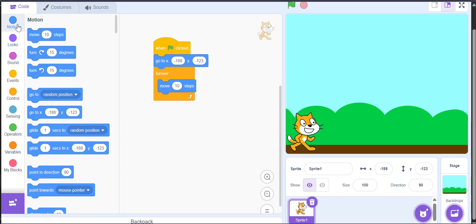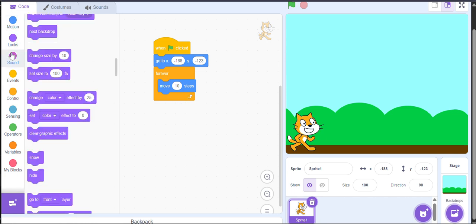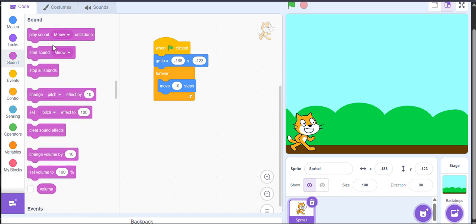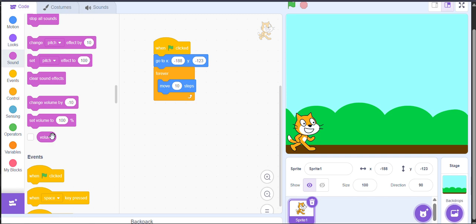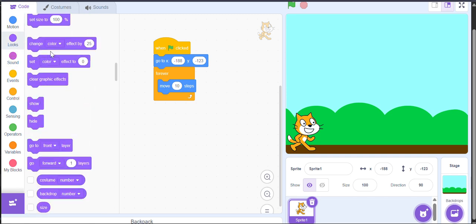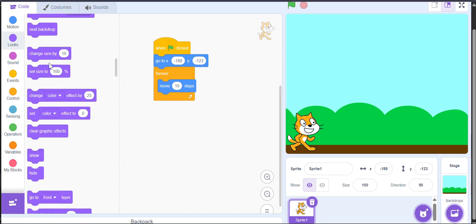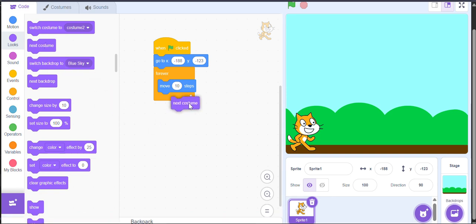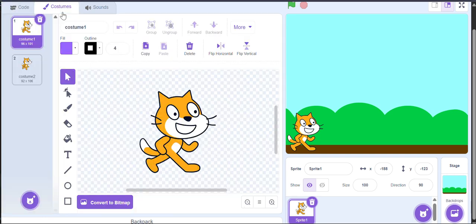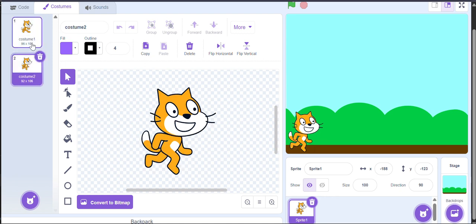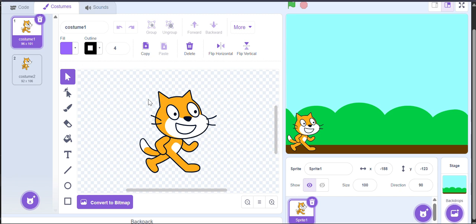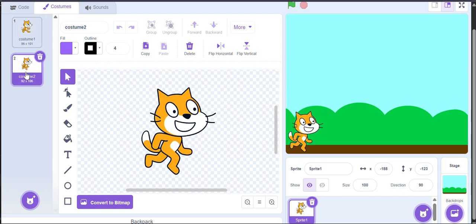And next you need to choose, which one? Looks. This one. Next costume. Why next costume? As you can see in the Scratch, you have the costume here, costume 1 and costume 2. So if you wanted to make it this one, changing like this,